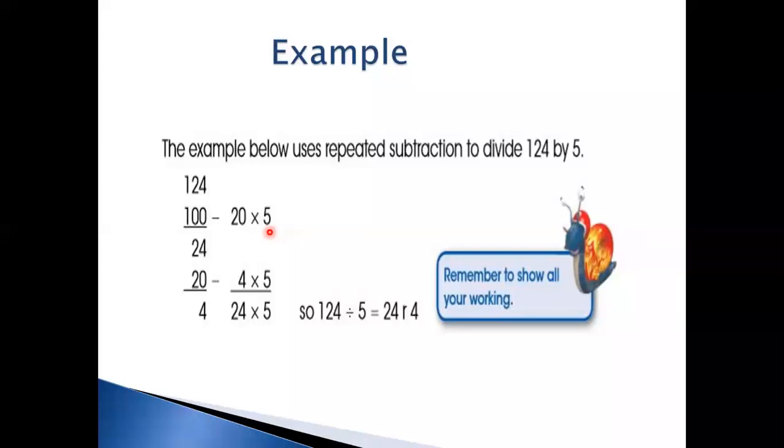Then they have chosen a number in the form of a multiple of 10 and recalled in their memory how many times 20 multiplied by 5 gives the number nearest to 124. 5 multiplied by 20 gives 100. If we multiply it by 30, the next multiple of 10, that will exceed 124. So we need the number which should be closer or equal to 124, but not greater than the given dividend.